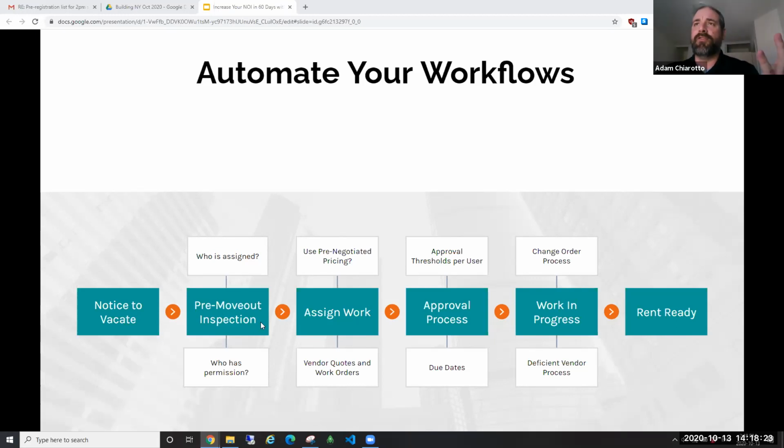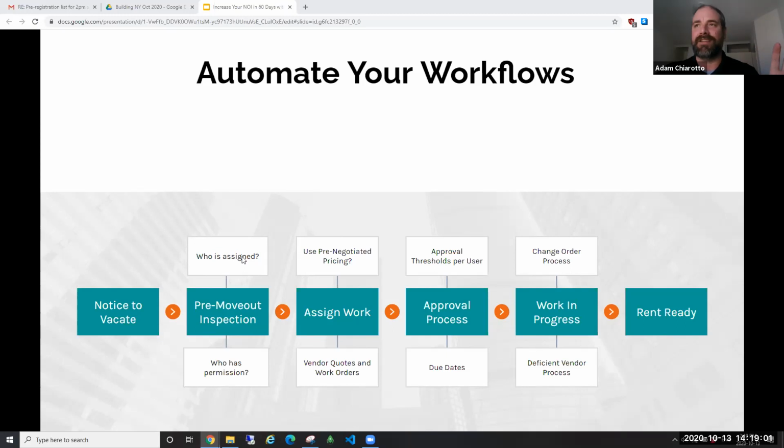Now, how do you get that information to the person that needs to do it? Where do they get their list of unit turnovers? Does it come automatically? Is it on a screen that they can see in real time? If somebody puts in their notice 5 minutes from now, am I going to see that on my screen 5 minutes from now, or do I have to wait for somebody to inform me of that? If I have to wait, I can almost guarantee that from time to time something's going to fall through the cracks and that unit's not going to get inspected when it should. If you've got a digital platform that does all of that for you, it's very up to date, it's updated in real time, and you don't have to worry about that.